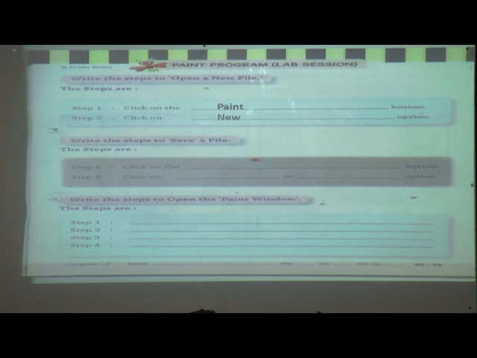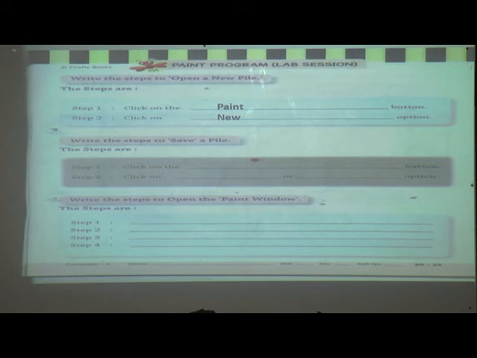Now second one, write the steps to save a file. How to save a file? First step is click on which button? For each and everything, if you want to open an already existing file, if you want to save, if you want to take a new file, we must press the first button. Which button is it? Paint button.